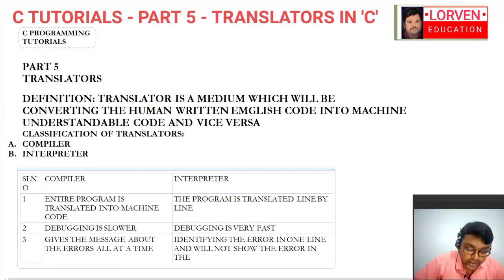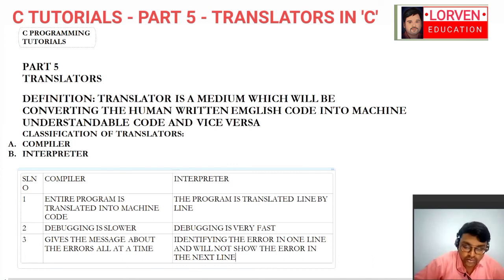This is somewhat problematic. Why? Because if we have a small program, we can easily identify the errors, but if we have a big program, identifying errors line by line is somewhat risky. So in this third case, we can say that the compiler is the best one.